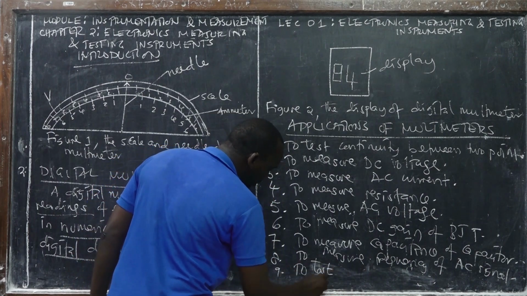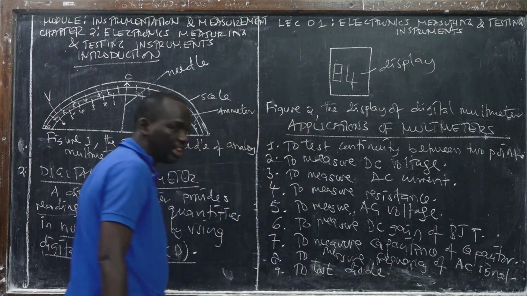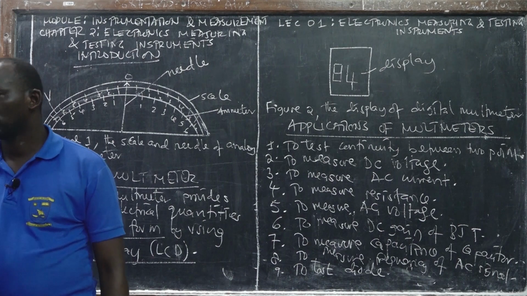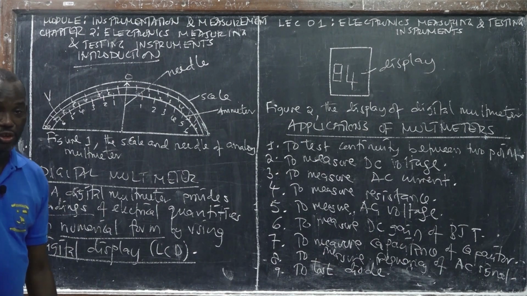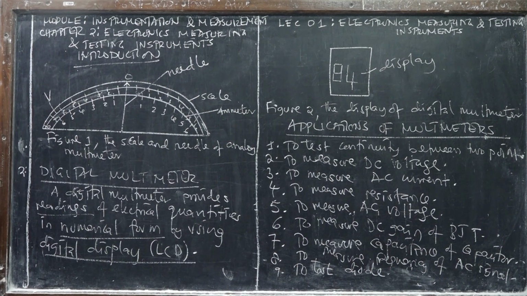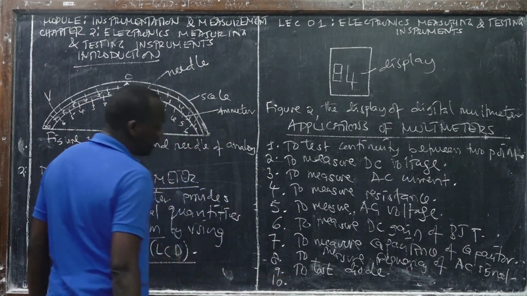Well, so it's used to test the diodes, whether it functions or does not function. If the potential drop across the diode is 0.5 volts or above, the diode is functioning, or it's working. If it doesn't give you 0.5 as the potential barrier, then the diode is no longer functioning. Number 10,